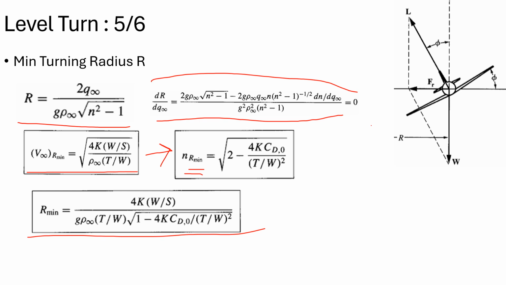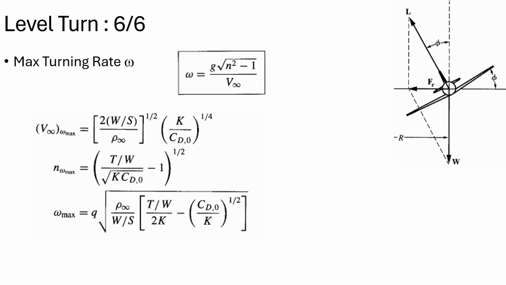The next thing is the maximum turning speed or maximum turning rate. Here we have the equation omega is equal to g times square root of n squared minus 1, over V infinity. We do the same thing as we did in the previous one: we differentiate it in terms of V infinity and set it equal to 0. This gives us